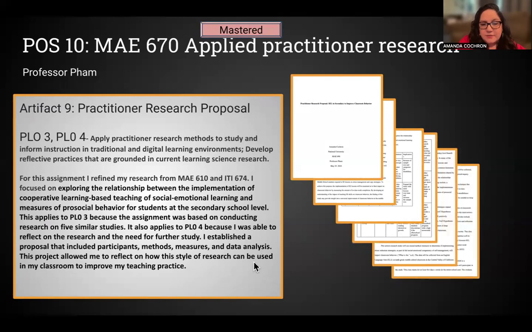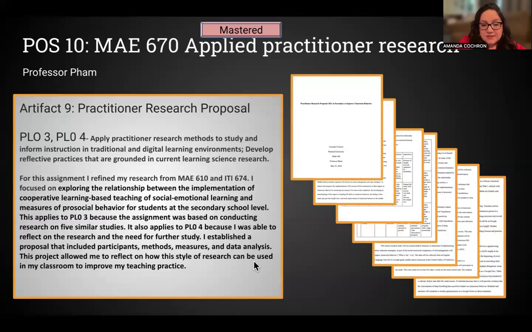So I initially started with focusing on special education students, but after doing some research, I found there wasn't enough data to find studies that really connected SEL and special education. So I did decide to broaden my search and just make it secondary. But a lot of these lessons definitely can be differentiated for students on IEPs, and especially SEL writing concepts can be scaffolded using graphic organizers and whatnot.